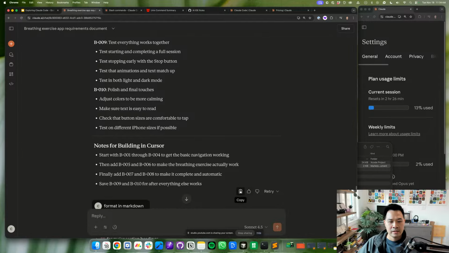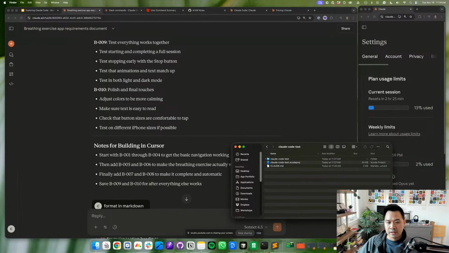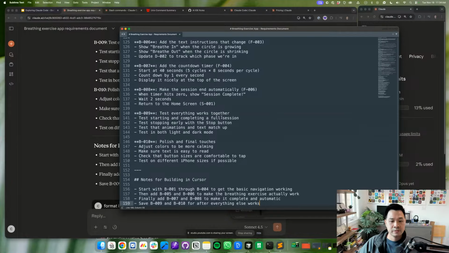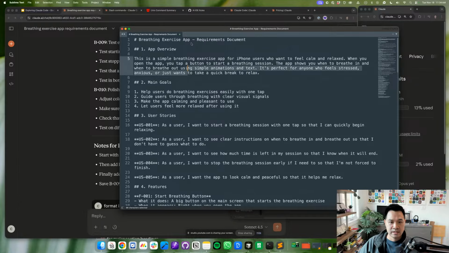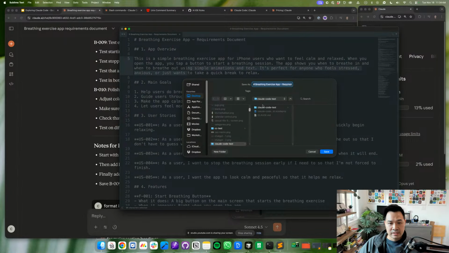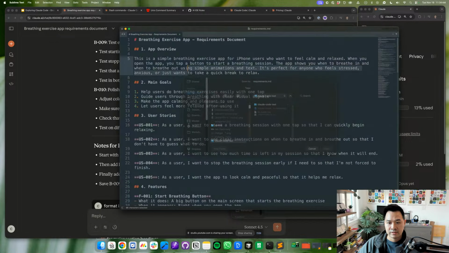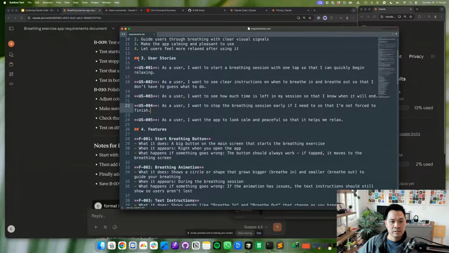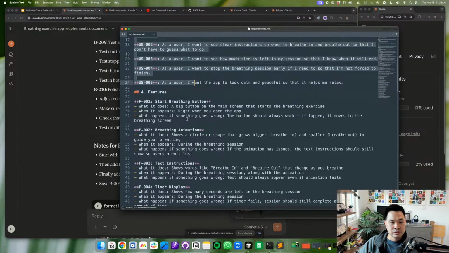Okay, so I hit copy. And then I open up my text editor, paste this in here, and save it inside my project directory. You can see here there's the Claude MD file. I'm going to call this the requirements.md. Just save it in there. All right, so this has, I can walk through it very briefly, a bunch of scenarios, a bunch of features,